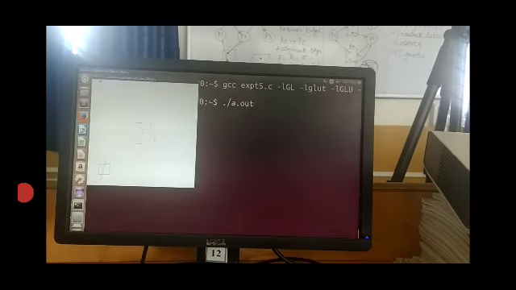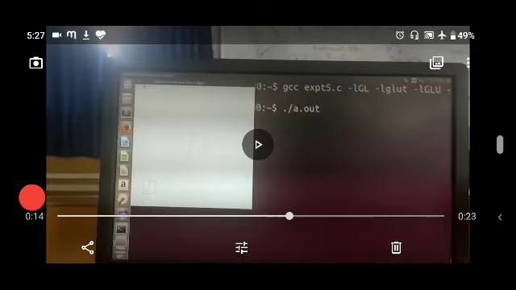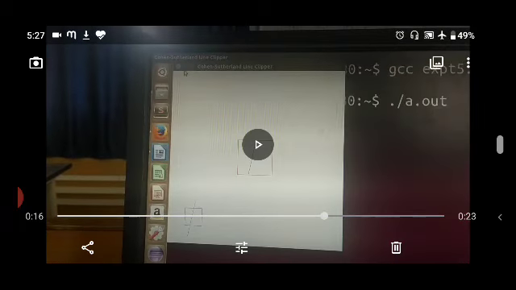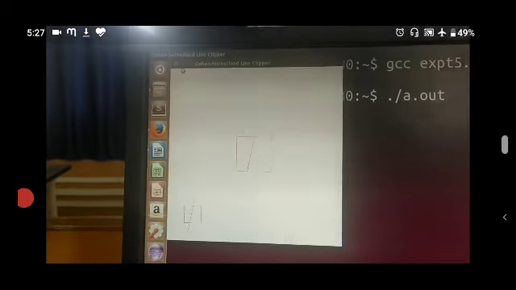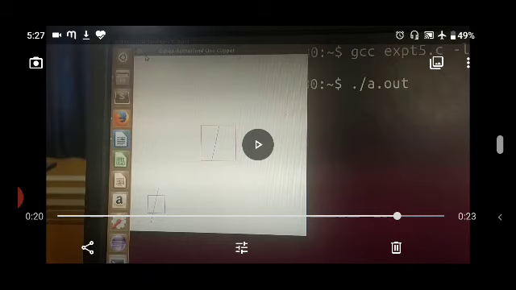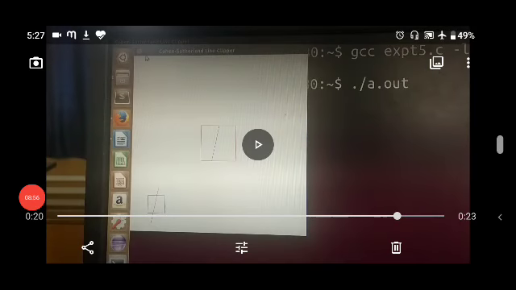Now here you can see the complete output. The bottom window shows the line before clipping, and the top window shows the line after clipping. This is how you can run this program. Thank you.